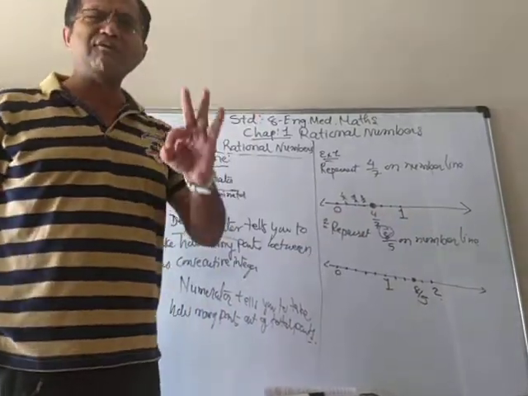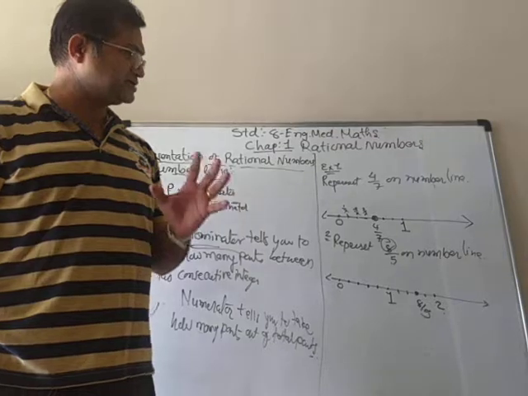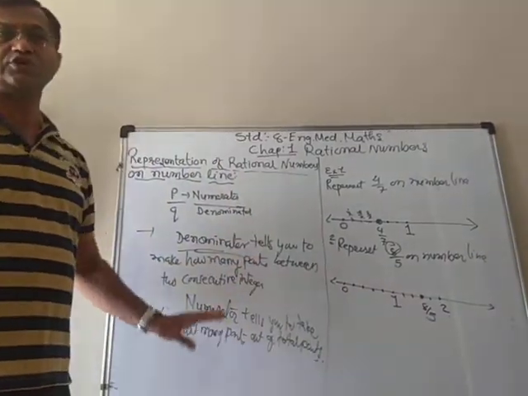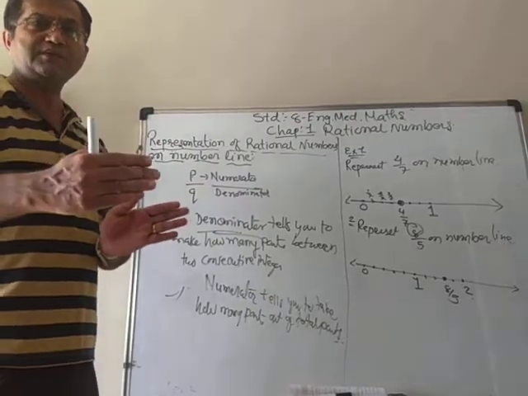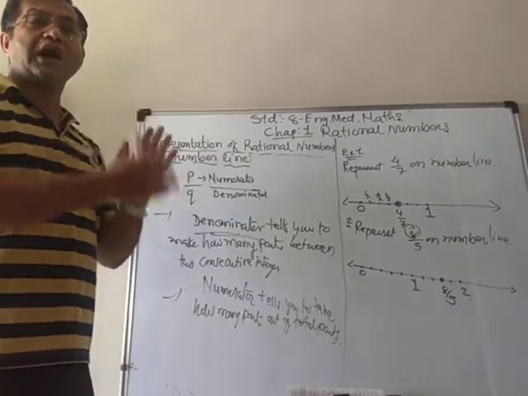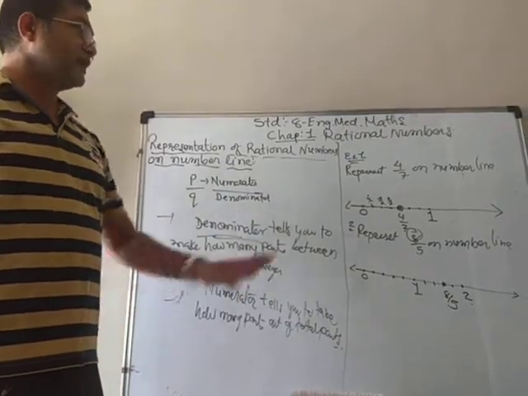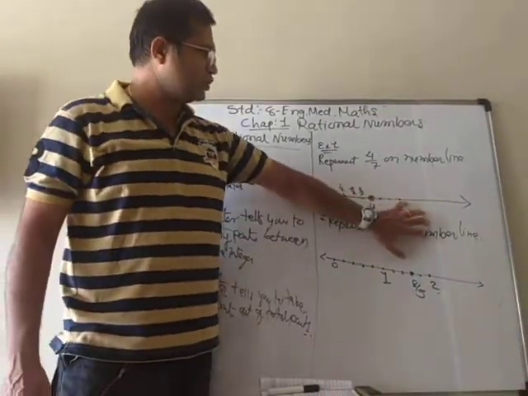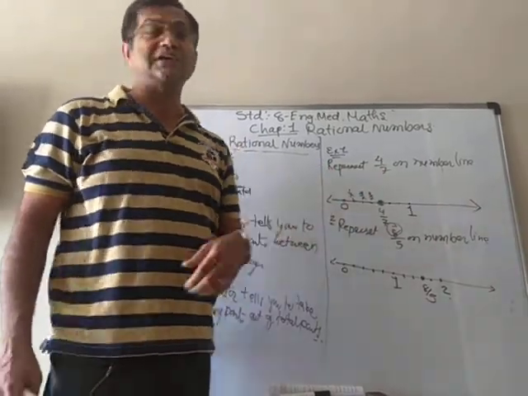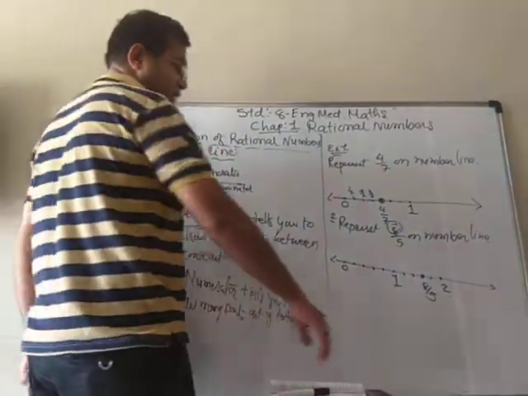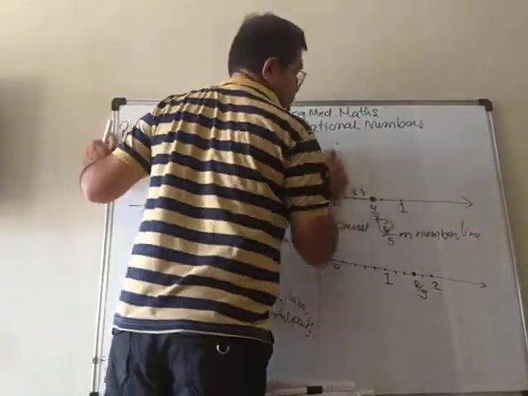So it is very easy to represent the rational number. Just remember those two things as I told you in the beginning. That denominator will tell you how many parts you have to make. Numerator will take care of how many parts you have to take out of the total parts. Now I explained you two of positive integers. Now we will take negative rational number also, so that it will be clear how to do when there are negative integers also.